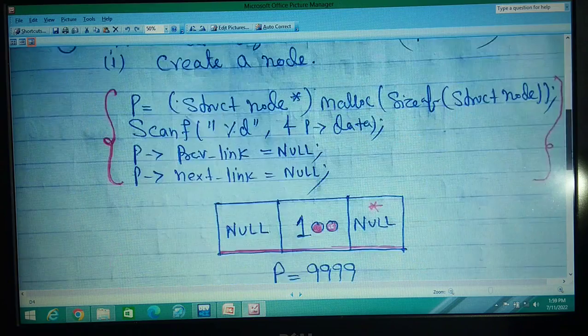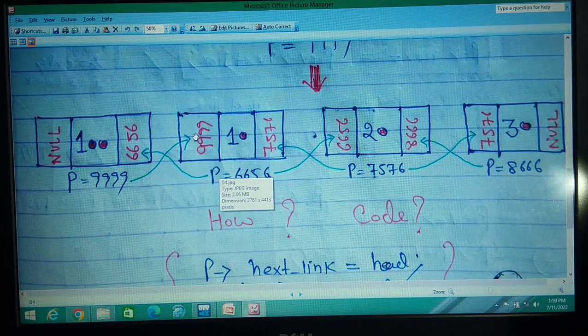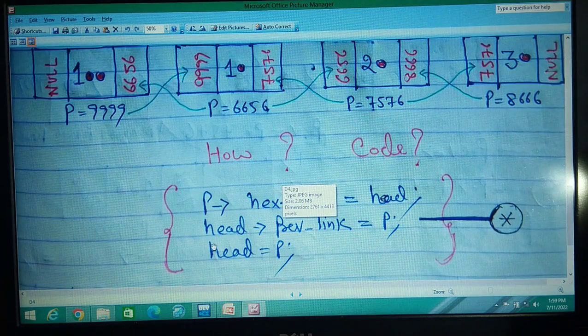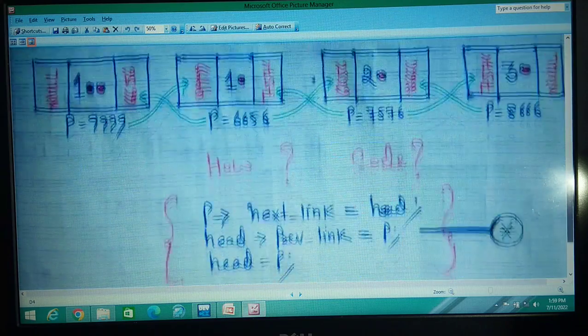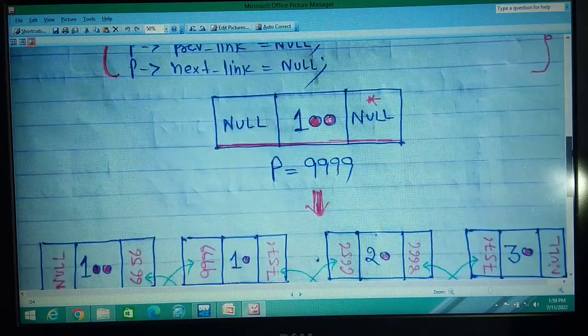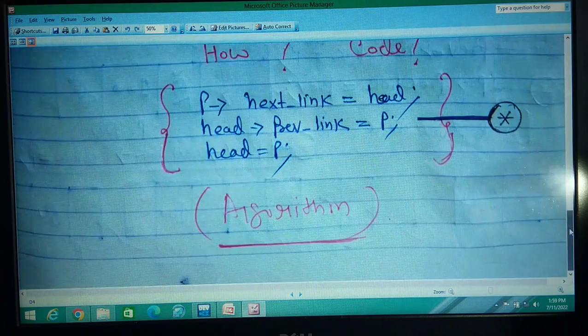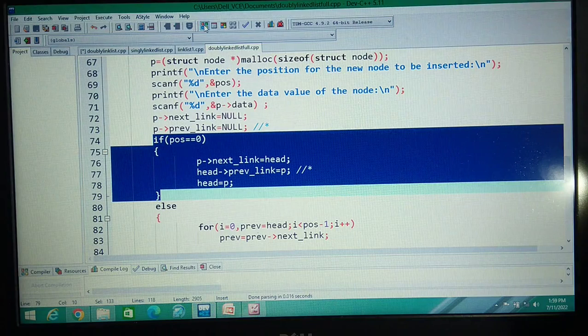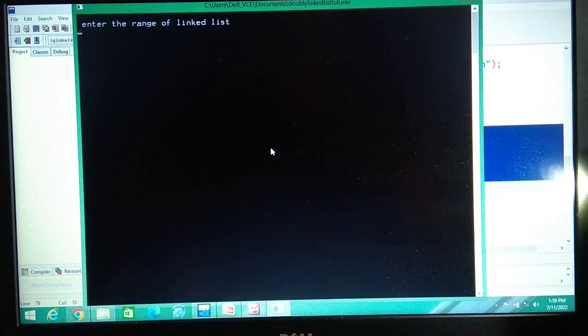The compiler will read from here. So this is the other line we have added. In the single linked list and the doubly linked list, we have added only 1 line. Both programs are the same. The address of P. What is P? P is this, meaning 9999. This 9999 will be stored in head dot prv link. What is head? Head is this. Its previous link is this. So here you have to add 9999. Done. So this address has come here.